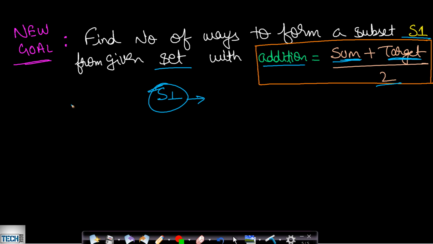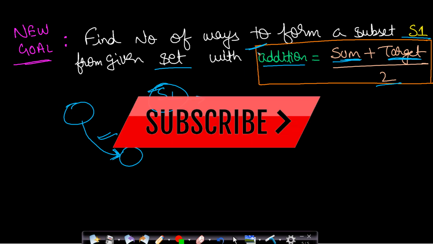I think reducing a harder problem to a simpler problem makes life much easier and builds confidence in yourself. Okay, because you can see a new problem and you can always reduce it to a much simpler problem which you have already solved. So since this problem was already solved, I did not solve it again. I have just reduced the problem to the one which is already solved.